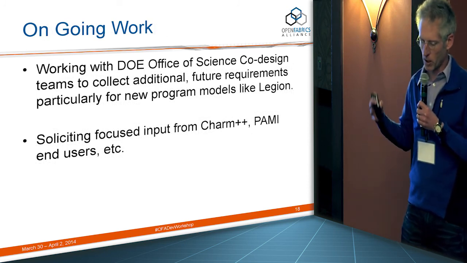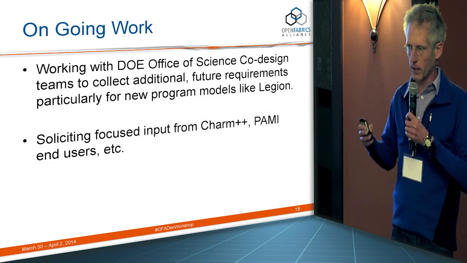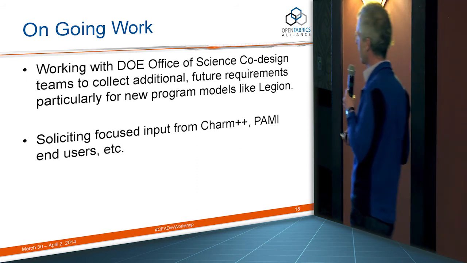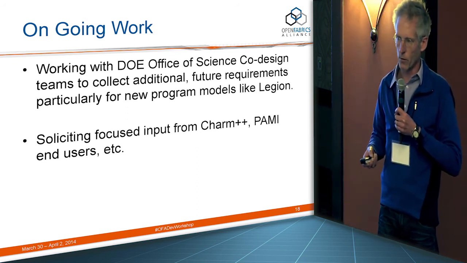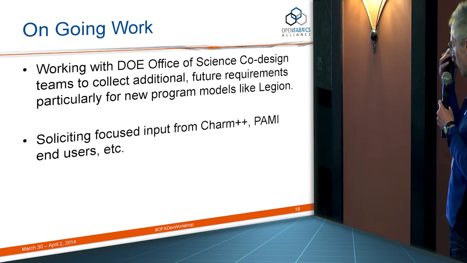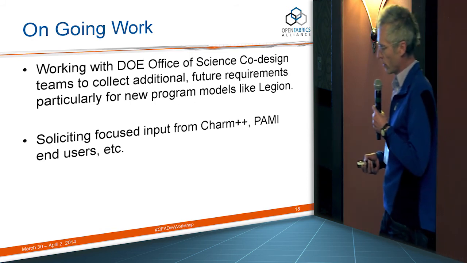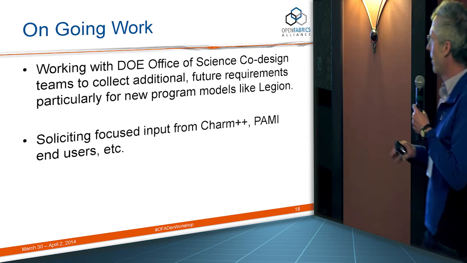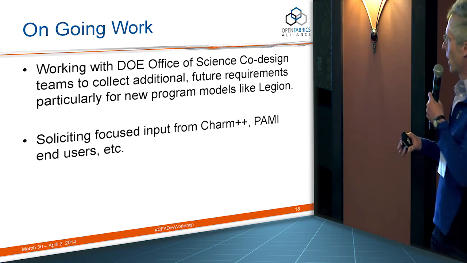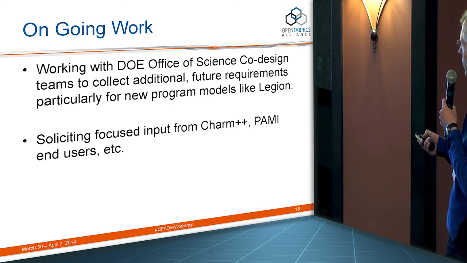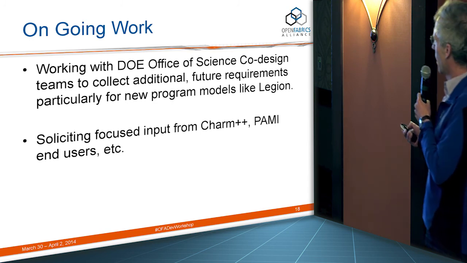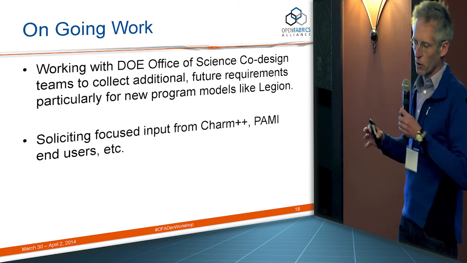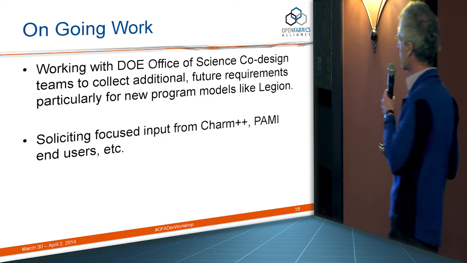Okay, so that's the snapshot of where we were. At my employer, we actually are in kind of a good position to help with this effort. We have a contract with the DOE through the Design Forward program, and what we're supposed to be doing is delivering a report within the next few months about a survey of APIs and potential near future APIs and how they would map to DOE application requirements. And so one of the things we're focusing on in the near term is working with DOE Office of Science co-design teams to make sure we aren't missing some, make sure we aren't optimizing some memcpy in some unused